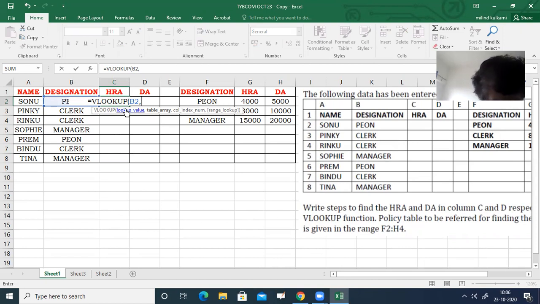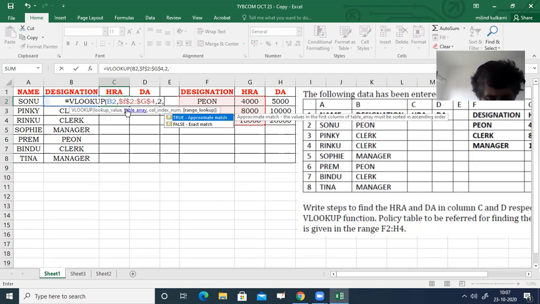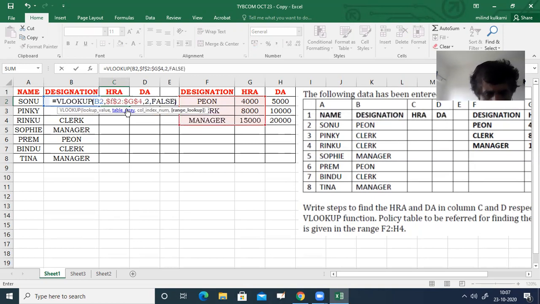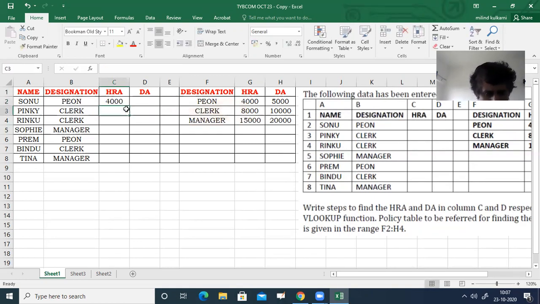Therefore, here I will type $F$2:$G$4, comma, HRA is in the policy table under the second column, so 2, comma, FALSE, bracket complete, and then enter.